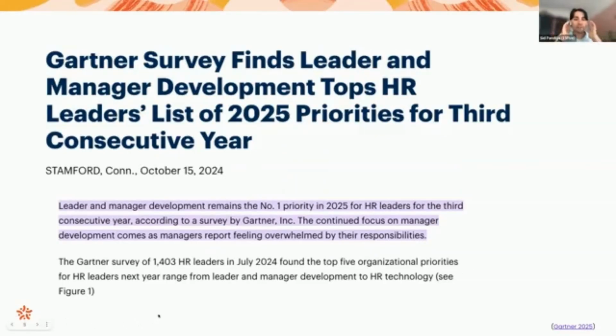You all have probably seen some version of a report like this, but Gartner's most recent HR leaders list of top priorities in 2025, manager development has now become really obviously the standout number one priority for HR leaders. I think during maybe better macroeconomic environments when mid-market and growth stage companies were booming and capital was flush, it was maybe recruiting and every company was in hyper growth. But now it's do more with less. Efficiency is the name of the game. And so